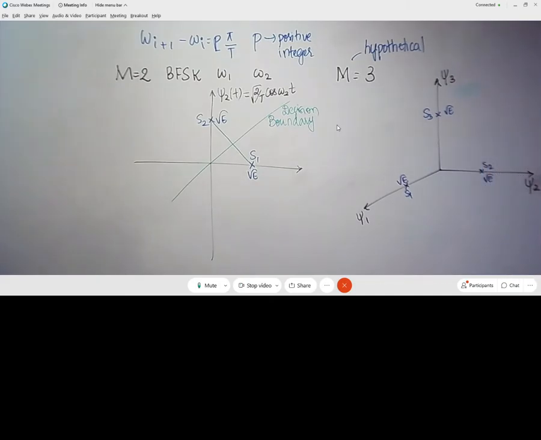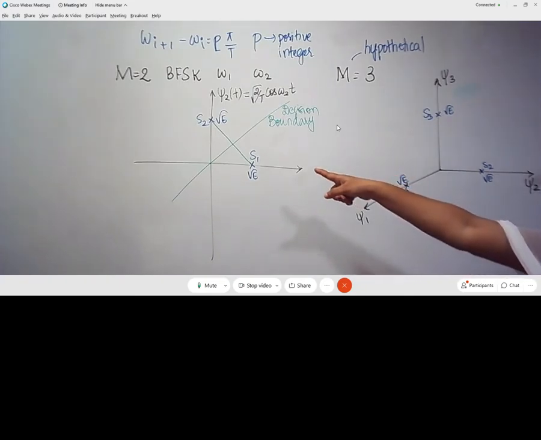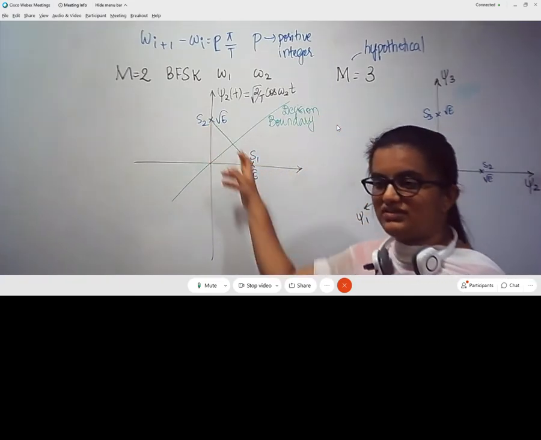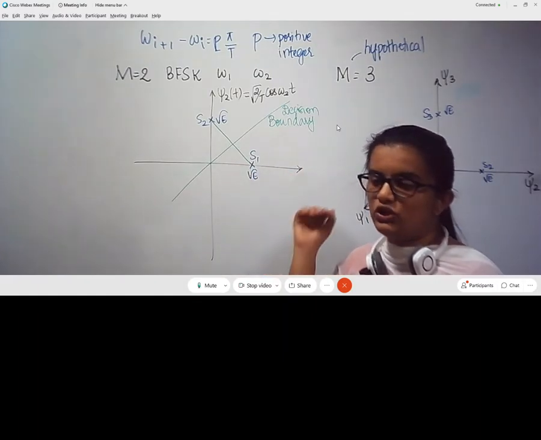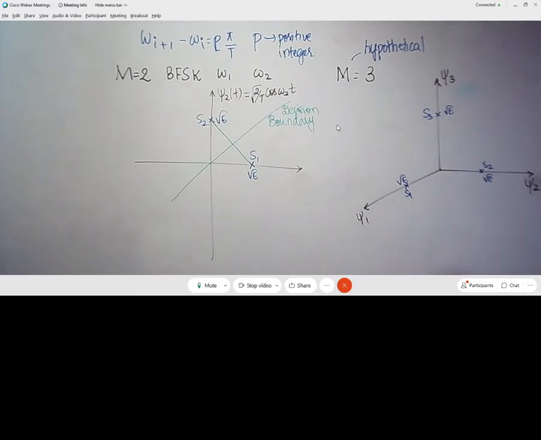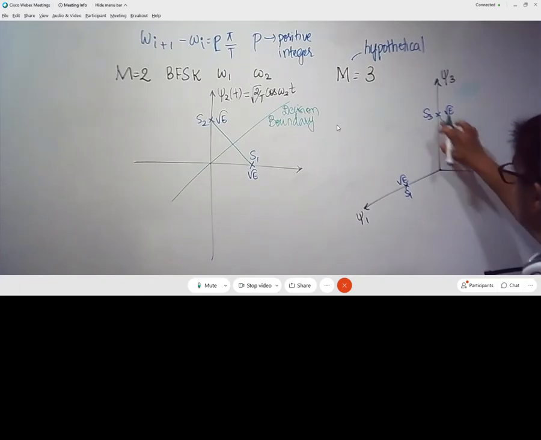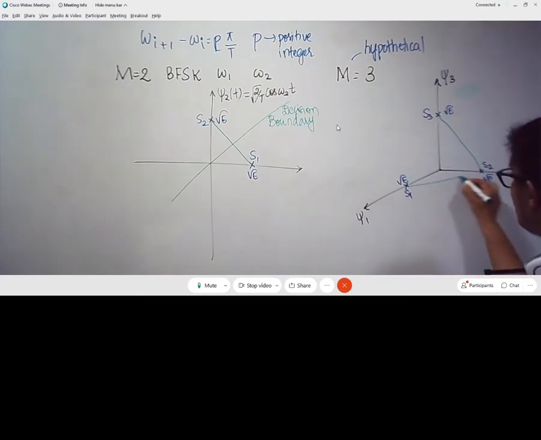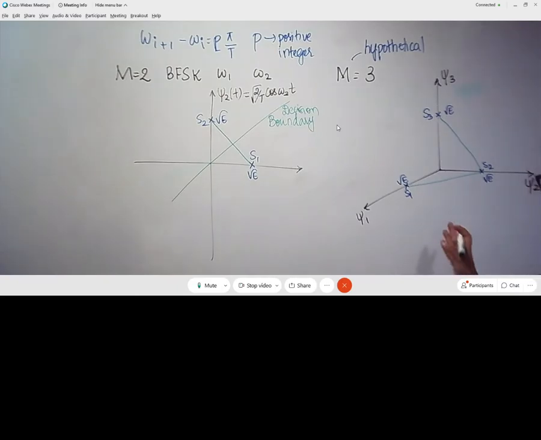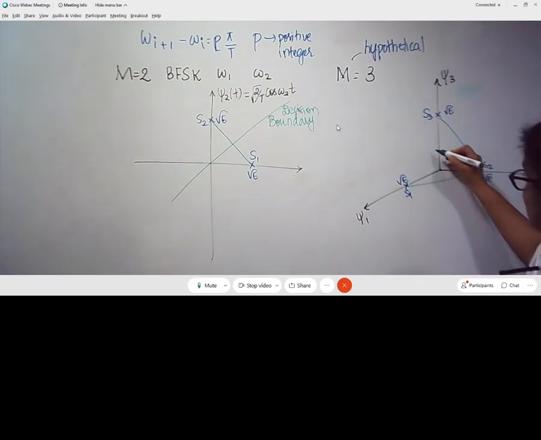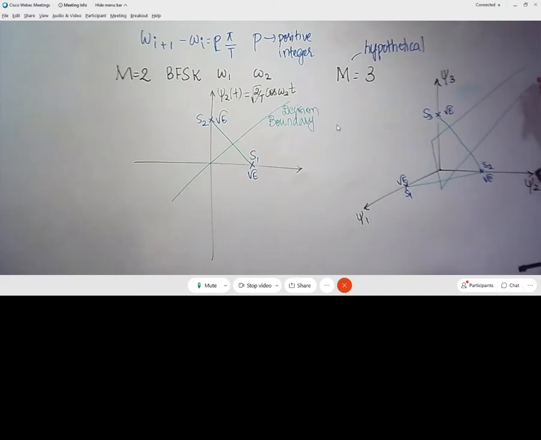Now let us see how to fix up a decision boundary here. As I said, in order to fix up a decision boundary for this case, what we were doing previously, we were joining the two symbols and identifying the midpoint between those two. Here also we can do the same thing, but the only change is that I need to differentiate S2 not only from S3 but also from S1, which lies on the other axis, which means it is a particular plane which is going to separate S1, S2 from S3. So it looks somewhat like this.